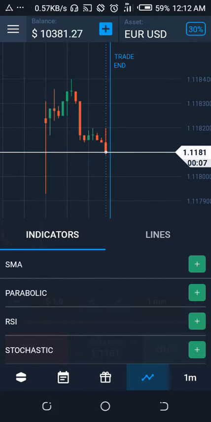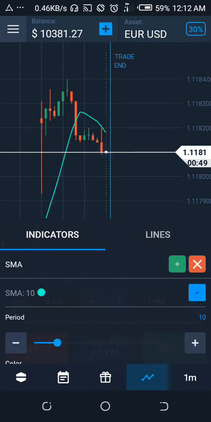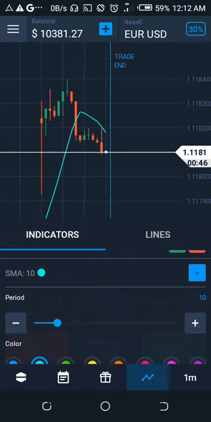The same thing applies to the Forex binary. Here in the binary, the strategy that we are about to introduce is SMA and parabolic SAR. Now, this SMA, simple moving average, just set it to, the first one, set it to